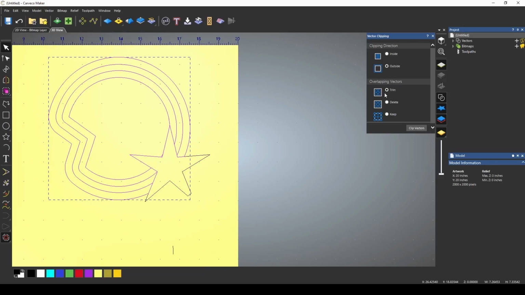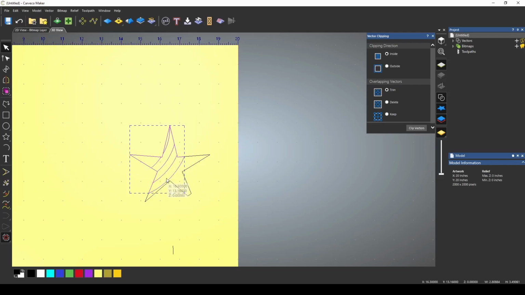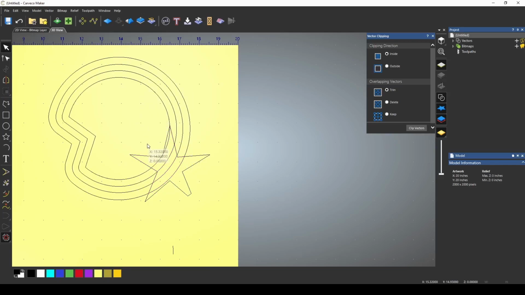When we trim those vectors on the outside, you can see that it kept everything on the outside of the star and trimmed everything on the inside. If we do it the other way around, it kept everything on the inside of the star and deleted everything on the outside of the star. Now, which one it keeps and which one it deletes has a lot to do with which one you click first. So if I click the star, and then I highlight the outside pieces that go through it, it's going to fall in a different order. You can see that it kept the circle and clipped the star. So depending on which one you pick first or which one is highlighted first, we'll give it priority.